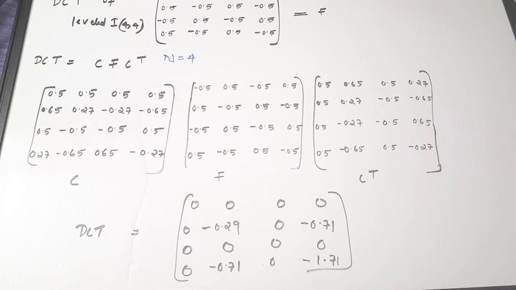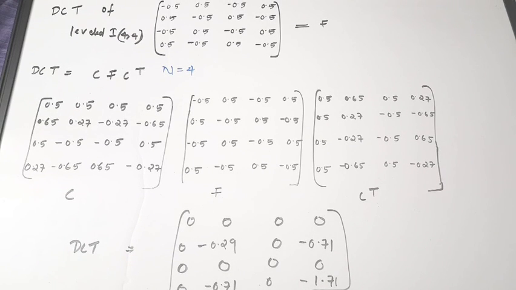I hope that by seeing this result, you have got an idea of how this compression is actually happening. You can clearly see many of the elements have now vanished. They have been converted to 0. So the size has been reduced and compression has occurred. This is how we make use of DCT for compressing images. Mostly we use it for image compression only.